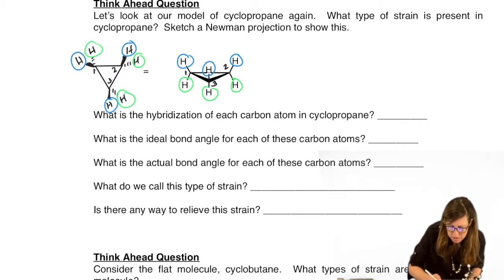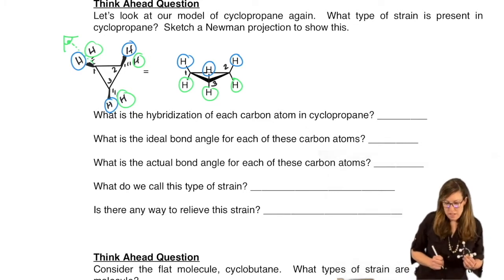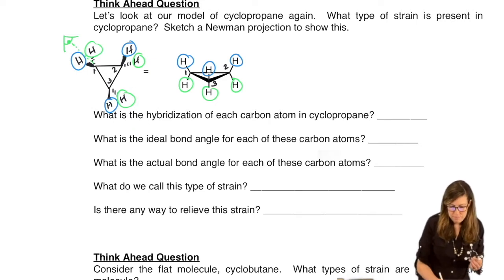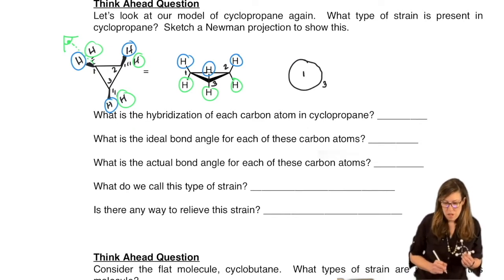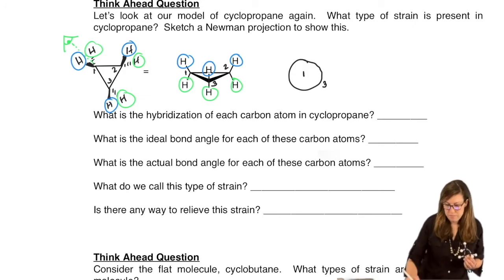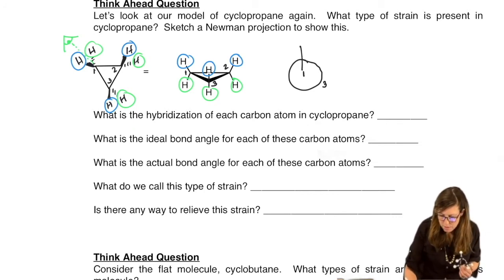Okay, so let's go ahead and I'm just going to pick 1 to 3 because there's more space there. It does, like I said, the number, I picked green eyes, there we go. Okay, so now we're looking down that way. That means we're looking down from 1 to 3. So 2 is, in other words, not in there. All right, so I'm going to sketch a Newman. 1's in the front, 3's in the back. We'll worry about 2 in a minute. Now notice that we have 2 H's. Carbon 1 has 2 H's, and then it's connected to carbon 3 in the back, and then it has a bond to carbon 2. So let's just draw in that framework we see.